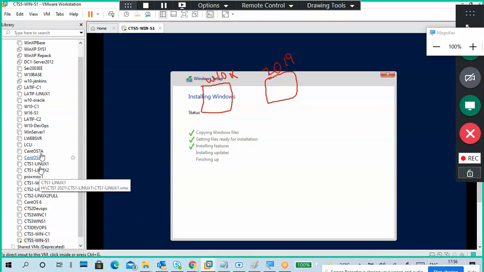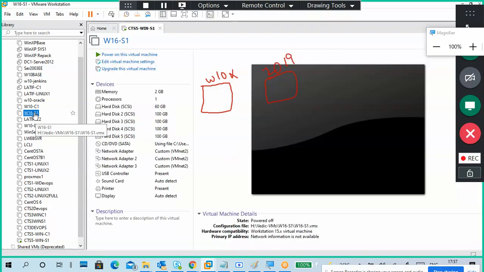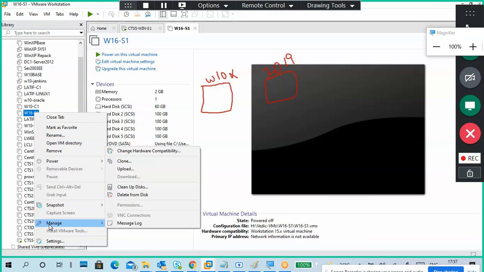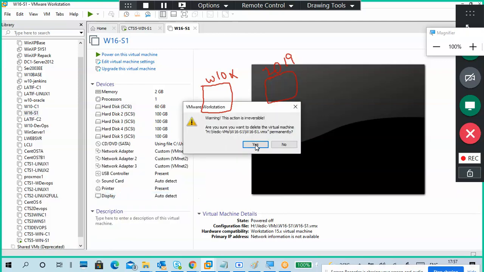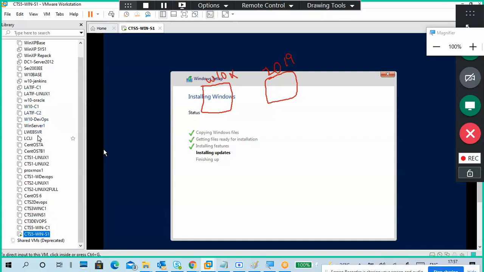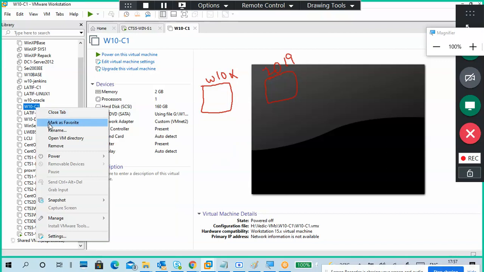Only occasionally I will delete one, if I don't require it again. So, for example, I want to delete this one: Manage, delete from disk. Where is that? Here it is. Okay.